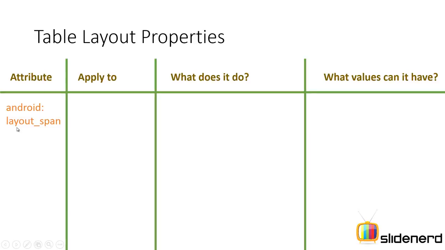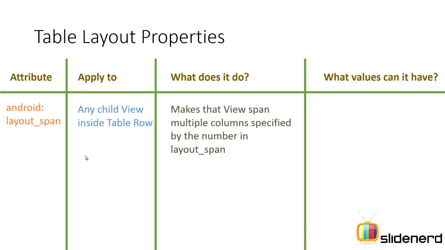So here I have this attribute called Android layout span. I apply it to any view which is inside a table row. Now what does it do? It's very simple. It makes the view take more columns in terms of width. By default, every view occupies only one column, but you can actually make it take more than one column using